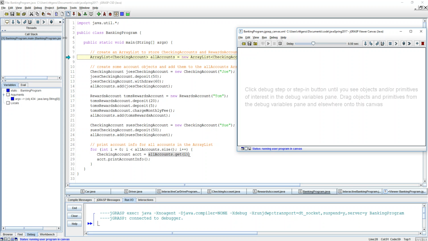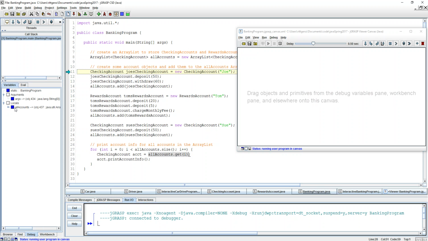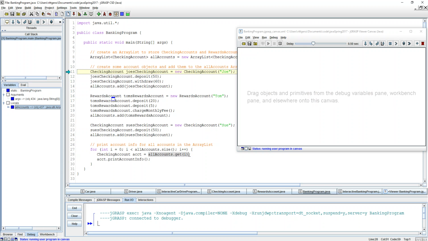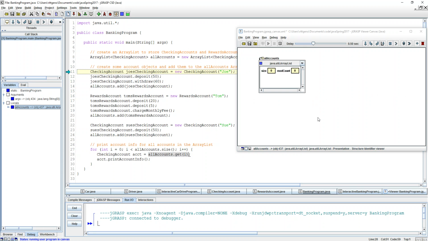We're going to create our array list. Step down there. Now we have our array list object called all accounts. Pop it up here. And in the beginning, okay, here's basically an empty array list. That's why we have nothing down here. We're going to be filling in some boxes here as we go. Okay, and then we create